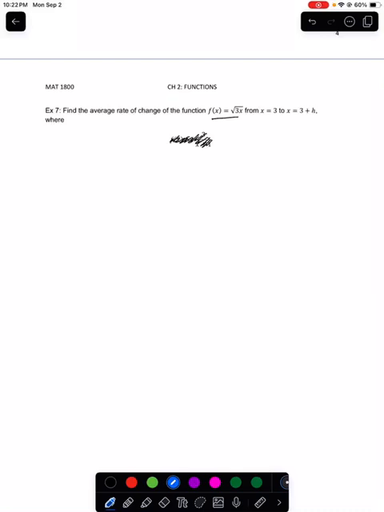Okay, so we look at another function now. This is f of x equals square root of 3x. So both x and 3 are under the square root. So again, now our numbers that are given for x values are 3 to 3 plus h. So our AROC will be